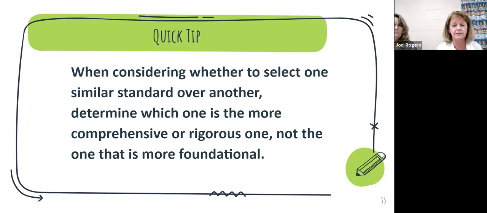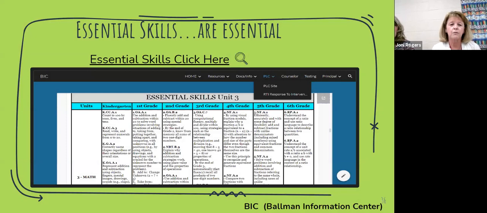And on our next one, this is what our school has created. We have a librarian, Steve Marion, who's awesome. He created this BIC site, BIC, and it stands for Bauman Information Center. And all the teachers in the building have access to the site. On this particular tab is our essential skills, and it shows unit 3. On this one, we have 4 units. So we connect those to our 4 quarters of school. Unit 1 is going to be the first quarter. Unit 2 will be the second quarter, and so on.